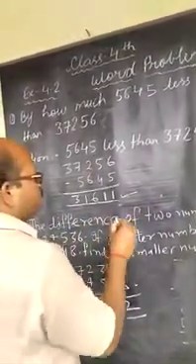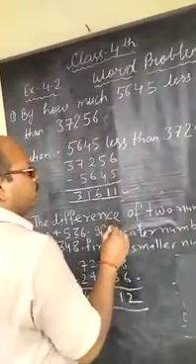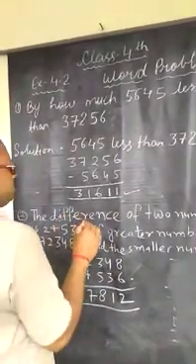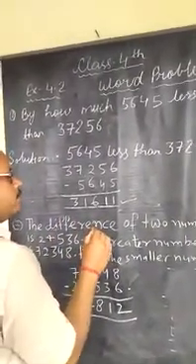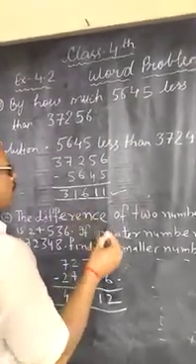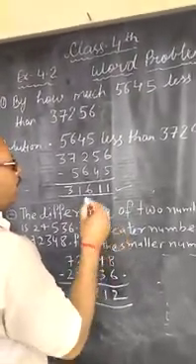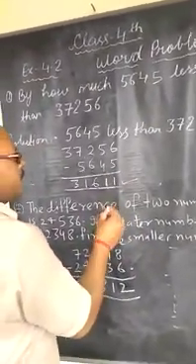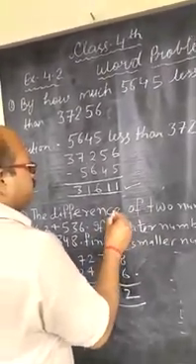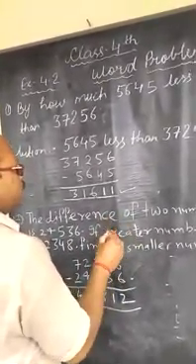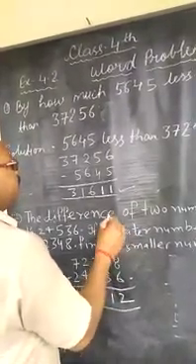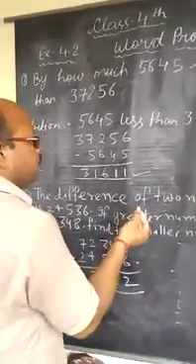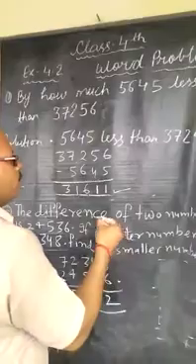In subtraction type questions, in the end the question will ask how much left, how much more, how much less. In these types of questions, read carefully and observe. If these words are used in the question, we can say that it is a subtraction question: how much more, how much less, how much greater, how much difference, how much left.